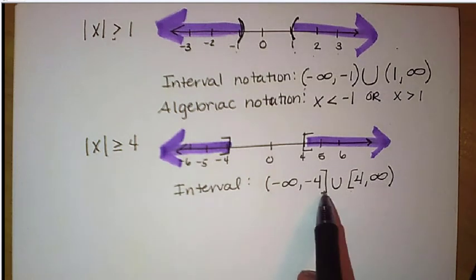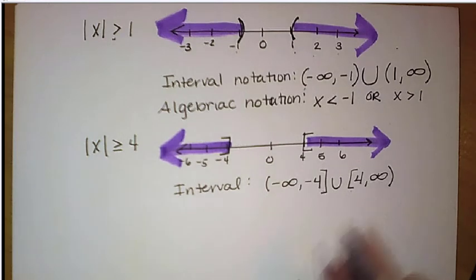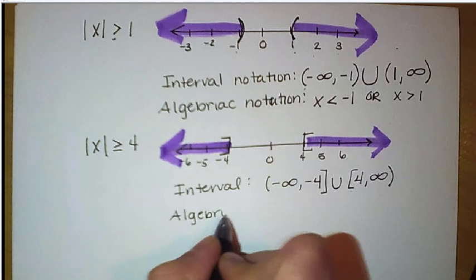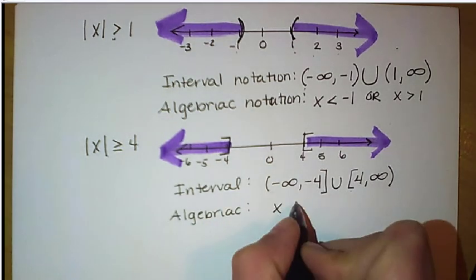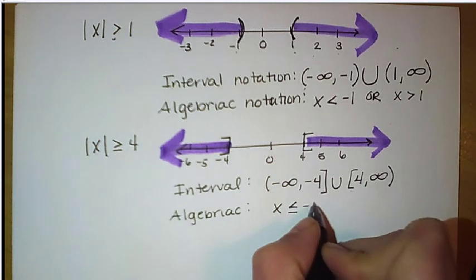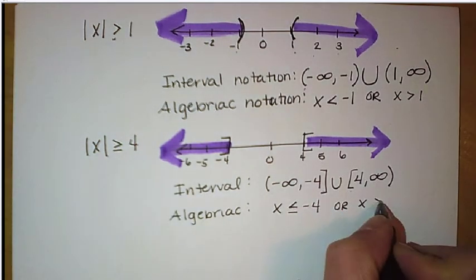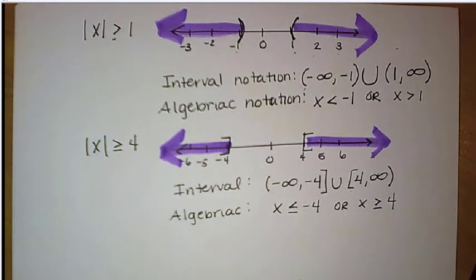Notice, remember, these don't have to match. You make these decisions based on the numbers that are present. And then for our algebraic notation, we're going to have x is less than or equal to -4, or x is greater than or equal to +4. Okay, so let's try some actual